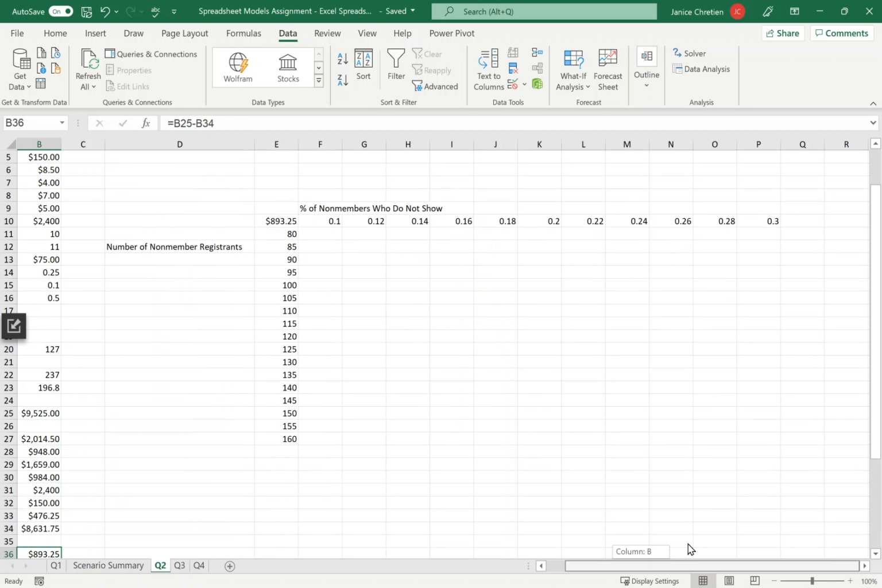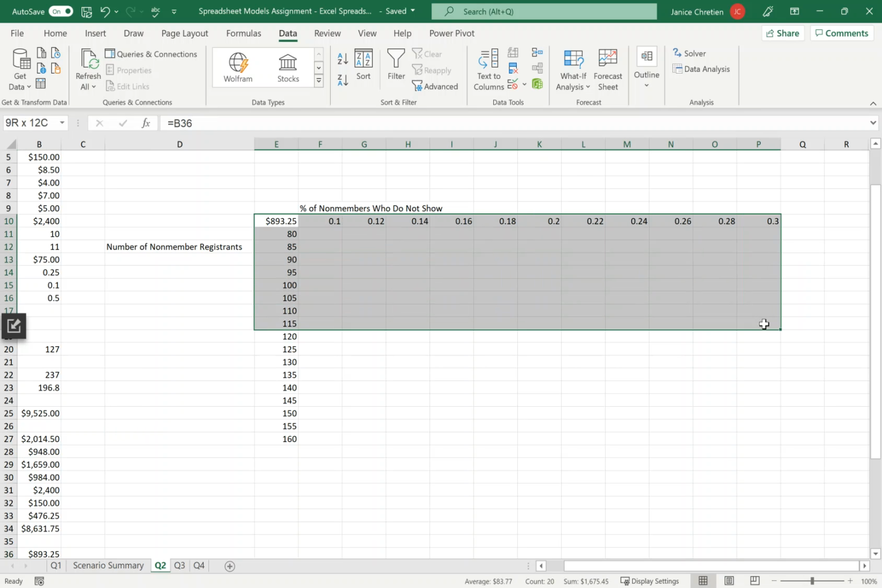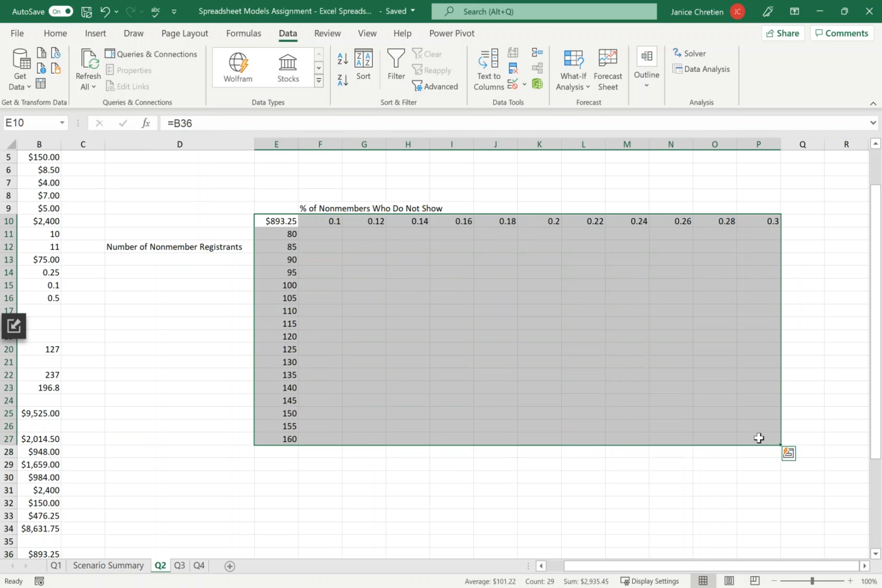And it wanted us to go in increments from 80 to 160 in increments of 5. And then from 10% to 30% in increments of 2. So to do this, you're going to grab this whole thing and you're going to go to data, what if analysis,